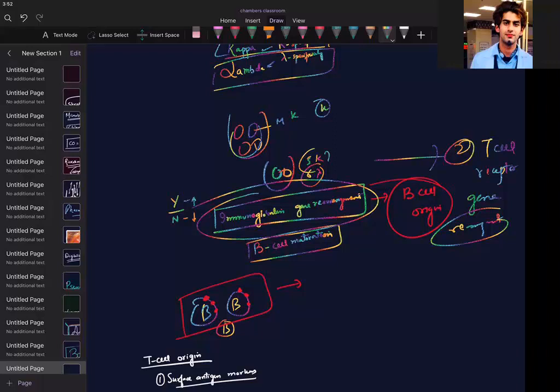So on one hand I have immunoglobulin gene rearrangement for B cell, then on the left hand for T cell I should be checking, no, not surface antigen, I should be checking T cell receptor gene rearrangement. Surface is done, my dear. That is analogous to the immunoglobulin. I'm making you remember those two points. Are we clear, friends?